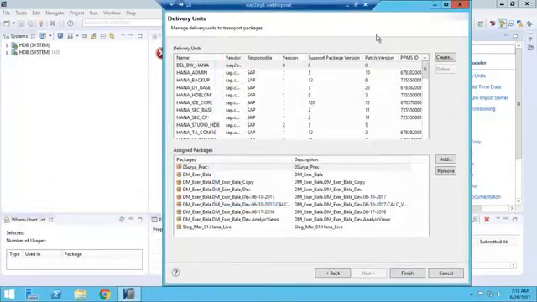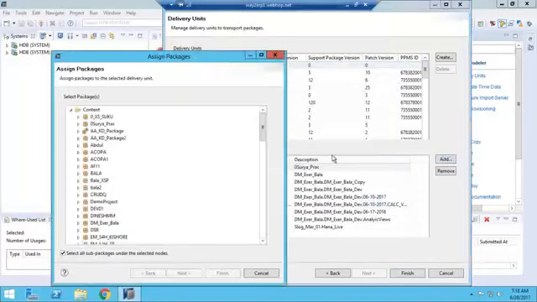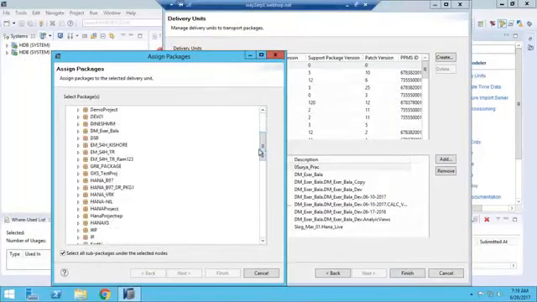For the delivery unit, you can add packages. Any package you can add.